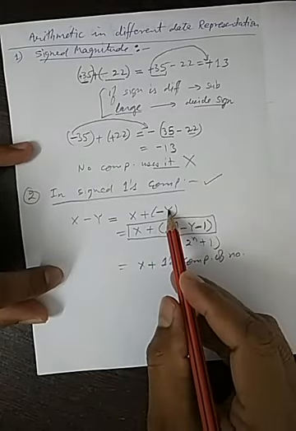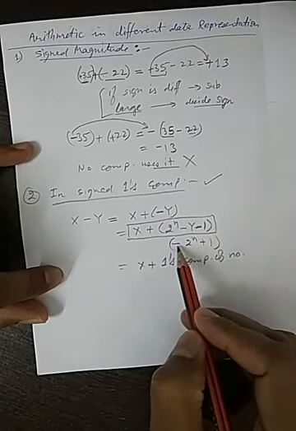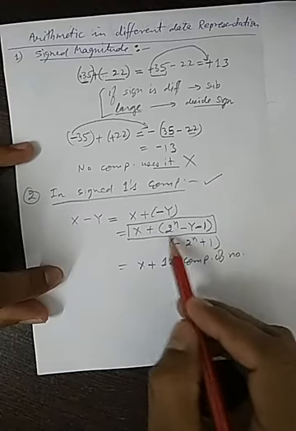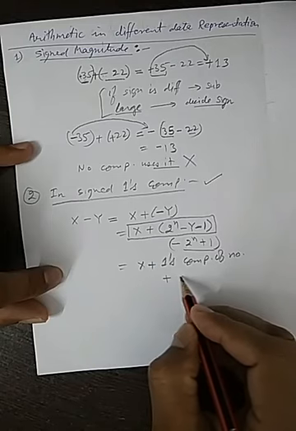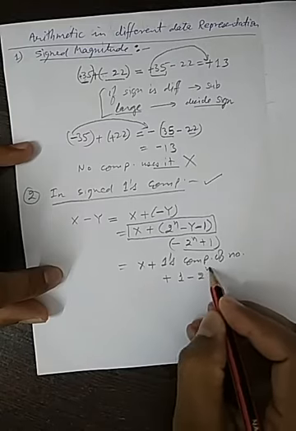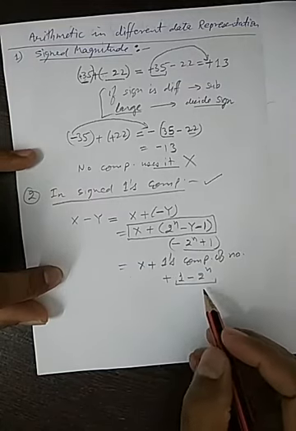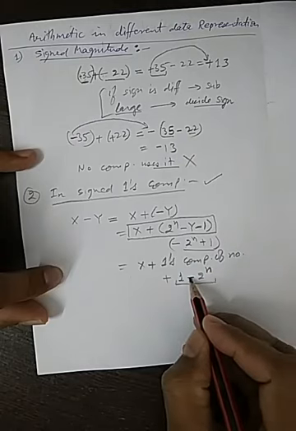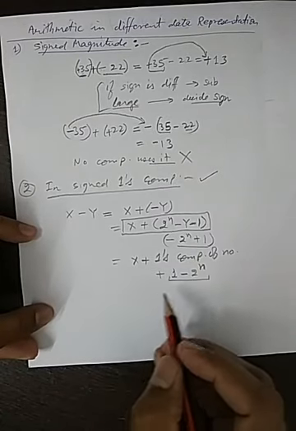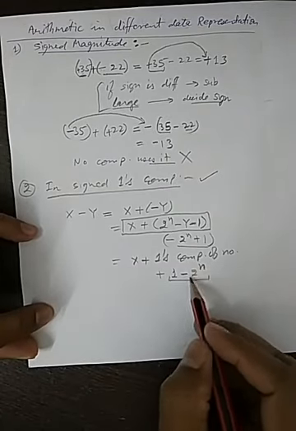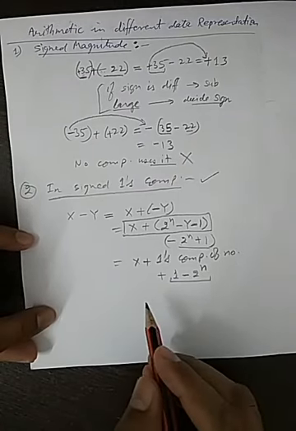So we have represented minus x minus y as 2 to the power n minus y minus 1, and we have done this manipulation in this process. So now let us see this one. It is plus 1 minus 2 to the power n. What does it mean? It means that if there is carry, we have to discard that carry. Discarding means we will remove this thing. Okay, so this is the basis for the sign 1's complement representation.